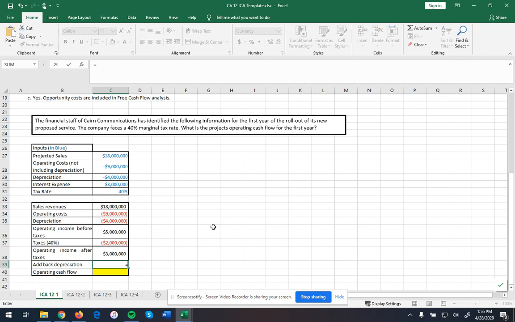But depreciation is not an actual cash flow. We're looking at cash flow, so we have to add back in our original depreciation of $4 million because that only affects taxes, and then add those up, the 3 plus the 4 back together. So our operating cash flow for the first year is $7 million, okay? Remember, depreciation, we include it because it directly affects our tax liability, but once we include it, we have to take it back out, or we have to add back the depreciation to get to our final operating cash flow number,